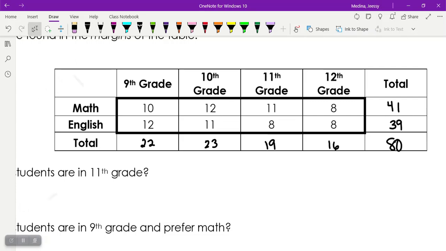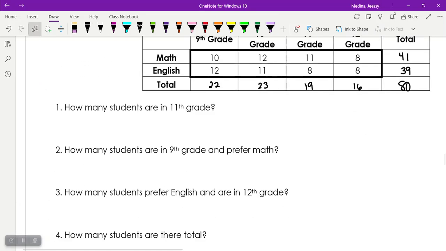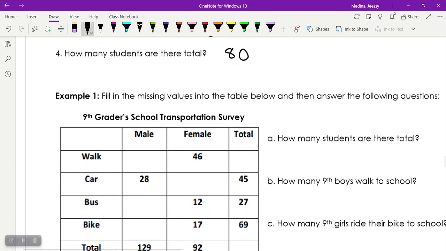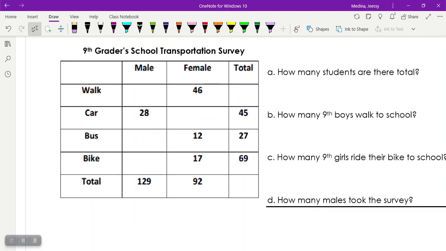And you can ask questions such as, how many students are in 11th grade? How many students in the 9th grade and also prefer math? Right, so you're looking at the 9th graders prefer math here, so it's only 10. How many students prefer English and are in the 12th grade? Yeah, so it'd be this 8. And how many students in total? We already calculated that, it's 80. And like I said, the way that the totals work,